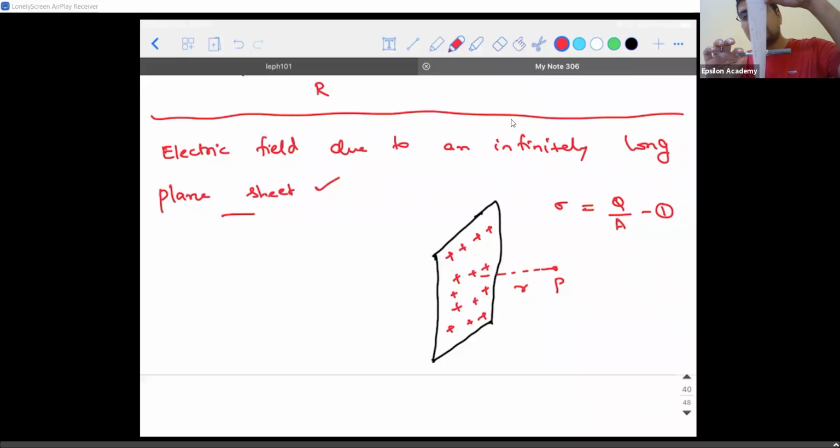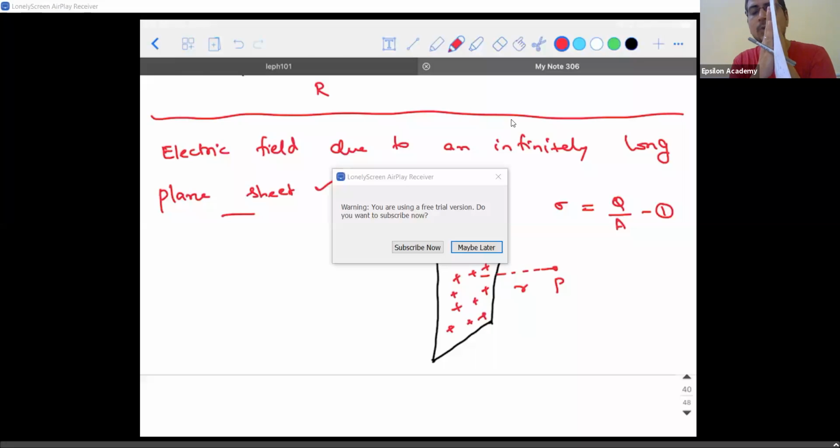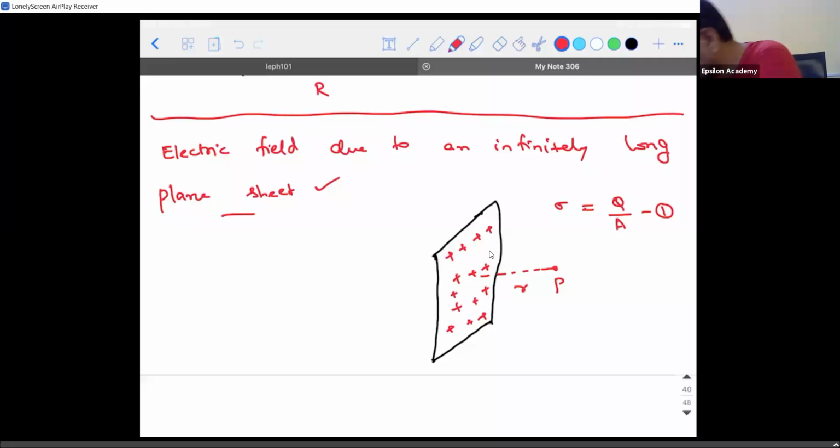Are you guys able to visualize this? So actually you are seeing the plane sheet like this. I didn't keep it like this. If I keep it straight, like how I'm showing it in the camera, you will not be able to see each side of the rectangle. You will only be able to see this line. So in order to see the sheet, I'm slightly tilting it. So this is the way you're seeing it. When you're seeing it, this is how the Gaussian surface will look. So when I draw that, it is going to be in this way.